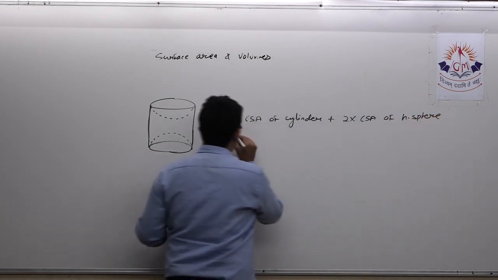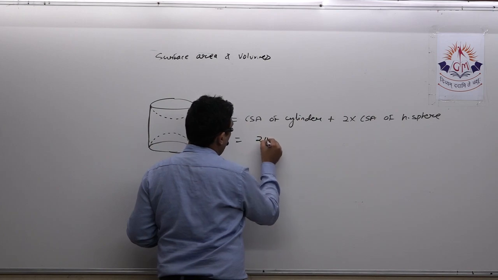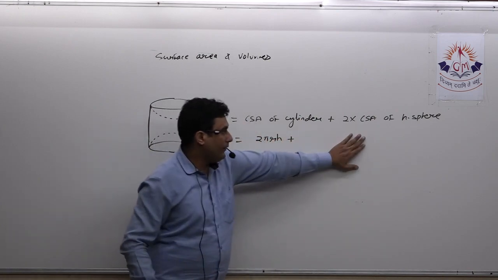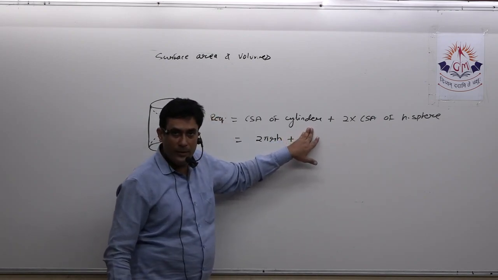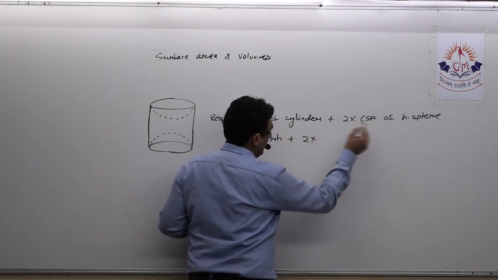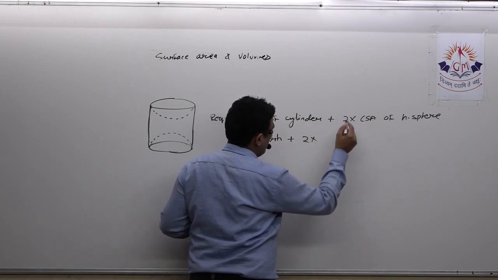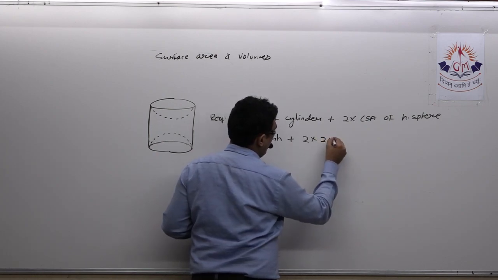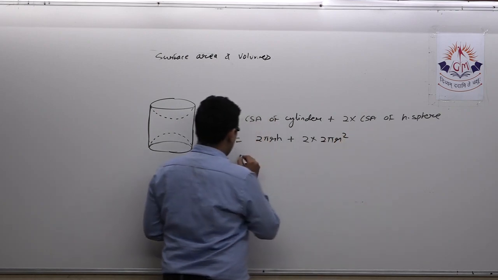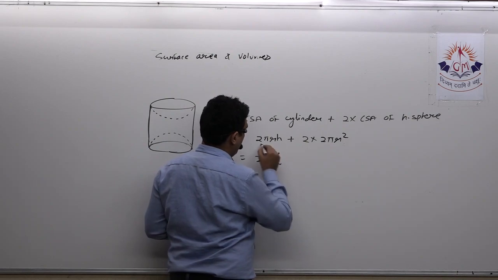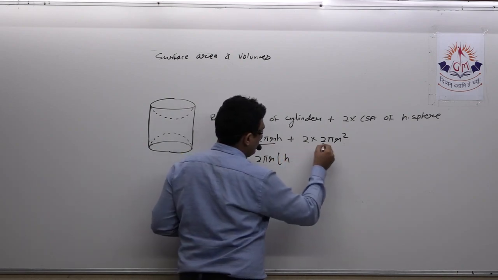Now we'll put the formula, that is 2 pi r h. If you read the question, you will find the hemisphere and the cylinder have the same radius, so I will use the same symbol r. The curved surface area of a hemisphere is 2 pi r square. So here we can take 2 pi r common. So 2 pi r into (h